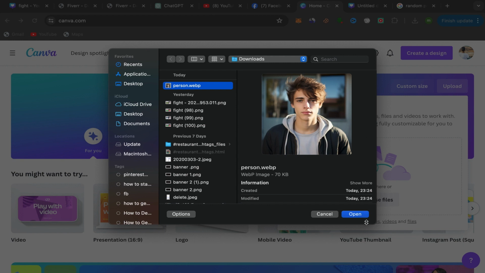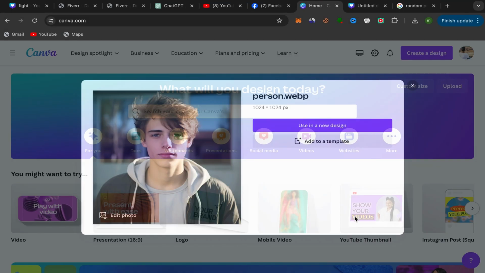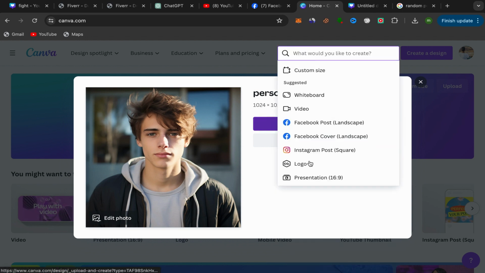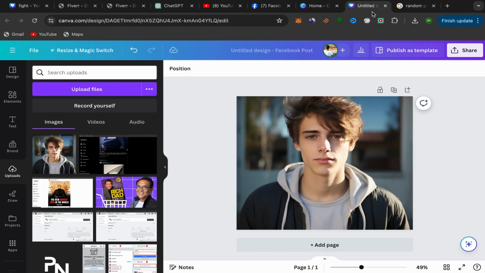So I will choose this picture and I will click over here on open, and it's going to take you to this next step like this. Click over here on use in new design, and you're going to choose which size you want to use for this picture. So if you want to post this picture on Facebook post, you can use this size. If you want Instagram post, you can use this size, and that's it. Or you can choose your custom size over here. So for example, you will just click over here on Facebook post size, and you will be directly in this